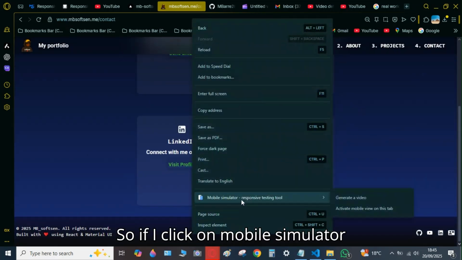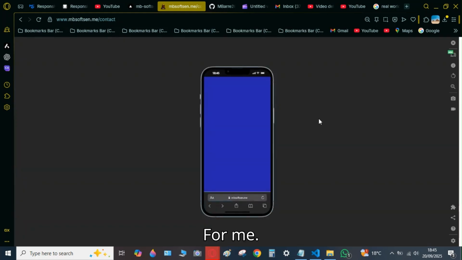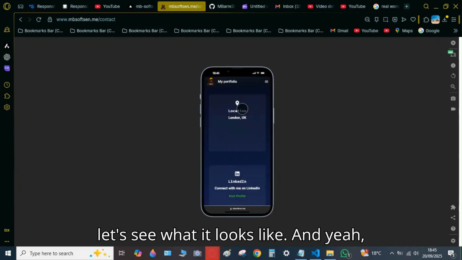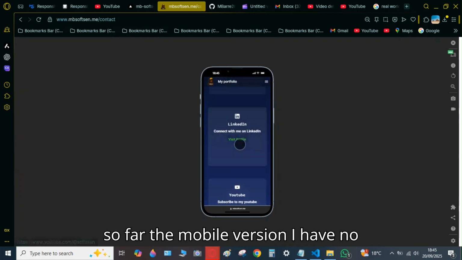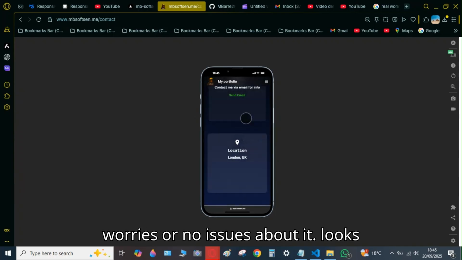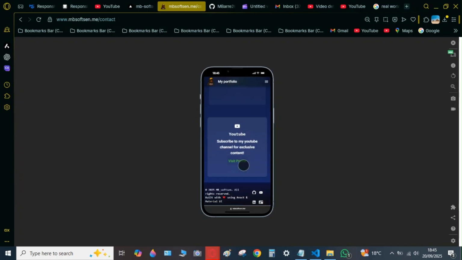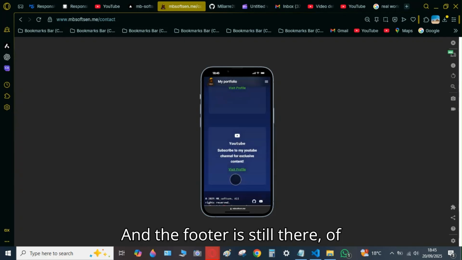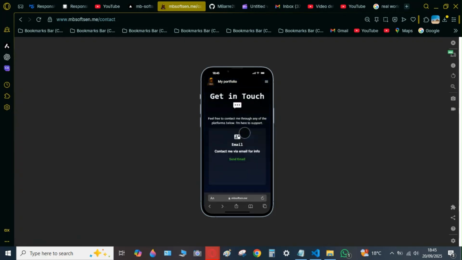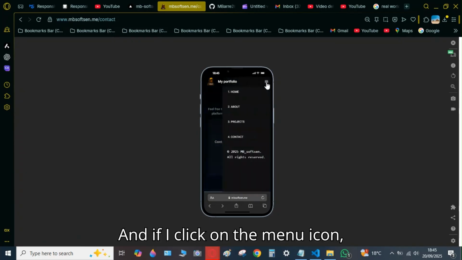So if I click on mobile simulator, from a mobile version, let's see what it looks like. And yeah, so far the mobile version, I have no worries or issues about it. It looks fine to me. And yeah, the footer is still there, of course. And if I click on the menu icon,